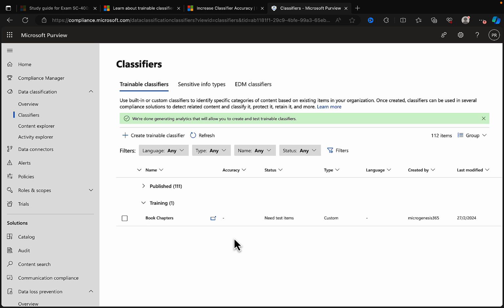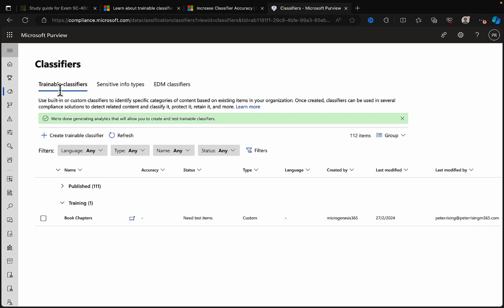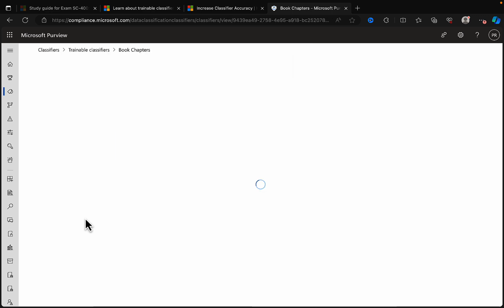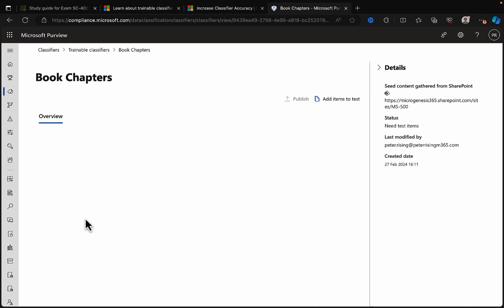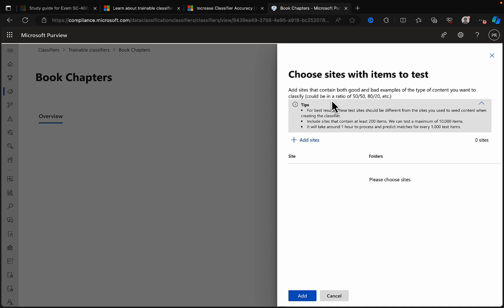So while we looked at that retraining section there, we can see that the training of our book chapters custom classifier has got a bit further, and it now needs some test items. So let's go into it and see what we get. Okie dokie. Not a lot of stuff on this screen, but we need items to test. So if we click on items to test,